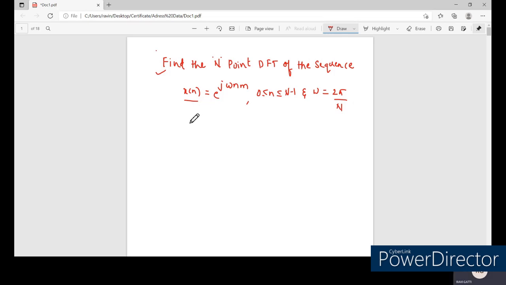Okay, so we know that the N-point DFT of the given signal, X of k, is a DFT of x of n. For that we know the expression: summation n is equal to 0 to N minus 1 x of n into W_N to the power of k n, where k is ranging from 0 to N minus 1.